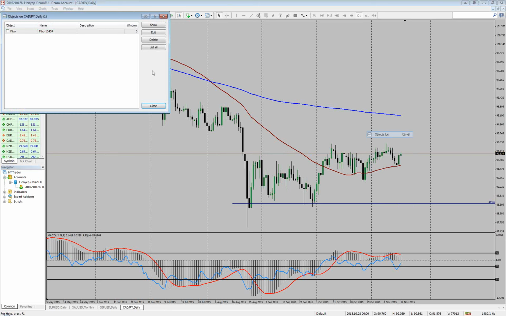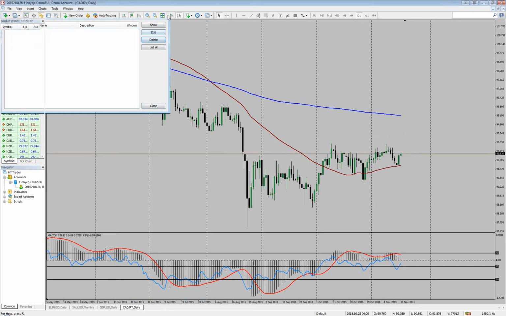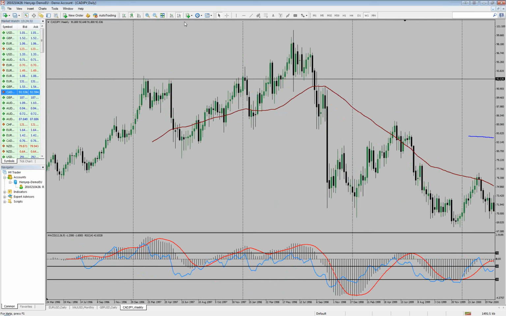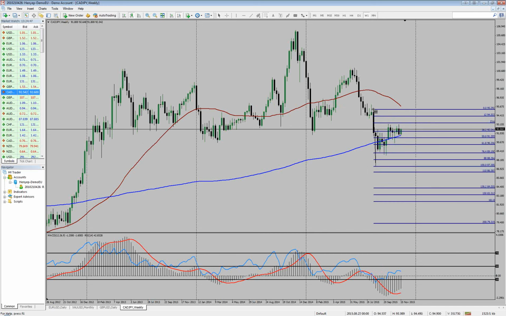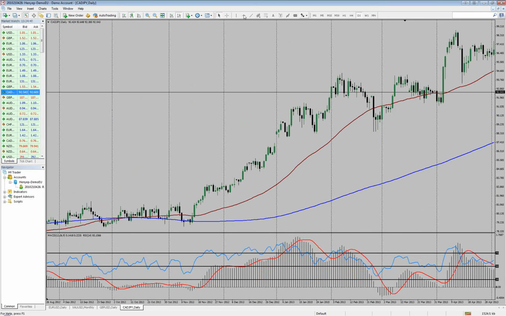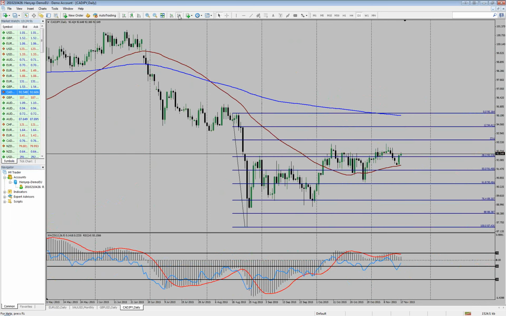Let's delete the objects on it, and we'll have to look at the weekly market and we need to find the correct Fibonacci wave. And it appears that this is the correct Fibonacci wave that we have, and there it is. Okay, 61.8%, whether it acted or not. We can see that it's almost triggered and it reversed. So it is a correct Fibonacci wave that we are looking for,